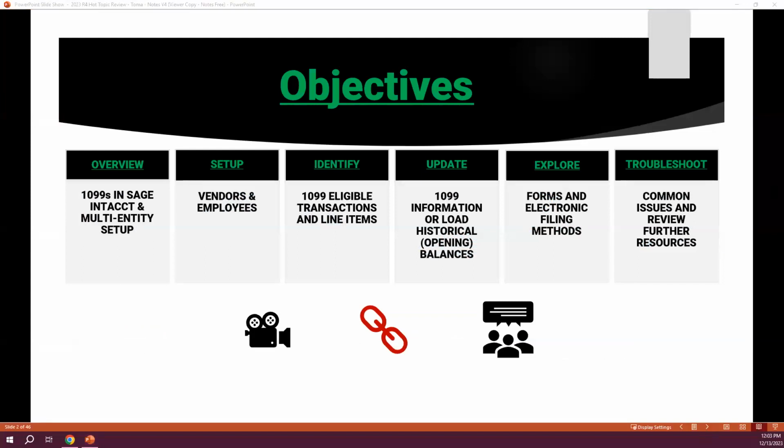All right, so for the first part of today's session, we will do a general overview of the 1099s in Sage Intacct and the differences between a multi-entity versus a single entity setup. We'll also check out the proper setup for vendors and employees to record 1099 eligible transactions. We'll take a look at how to update existing 1099 transactions or upload opening or historical balances for the current reporting year, which will be for 2023, filed in January